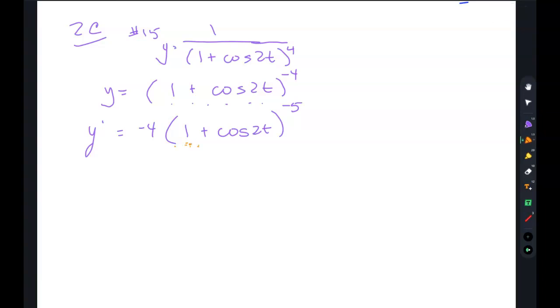The derivative of 1 is 0. The derivative of cosine is negative sine, and I carry that angle along. And then I multiply by the derivative of that angle that I carried along, and that's 2. Okay, so then in,